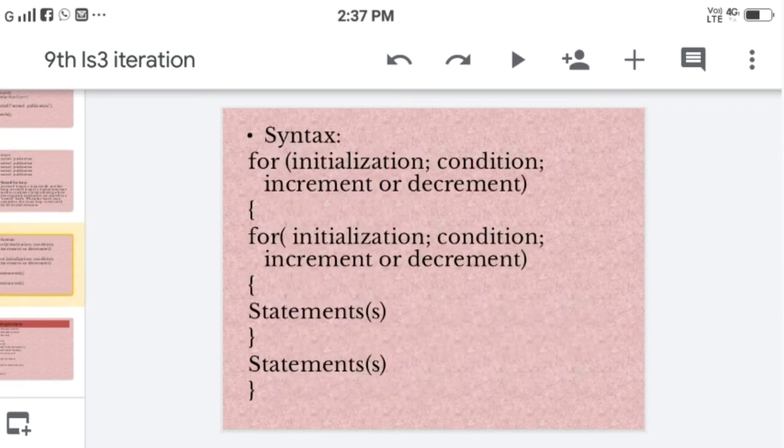For initialization, condition, increment or decrement, for initialization, condition, increment or decrement, statement. First the condition is checked, then we come to the inner loop. Once the inner loop's condition is completed, we go to the outer loop. These are the rules for nested statements.